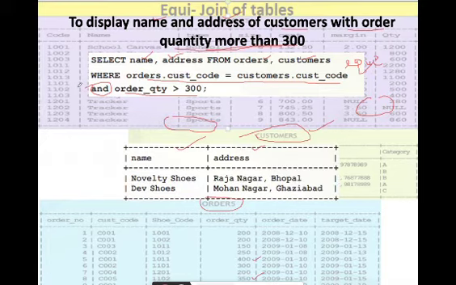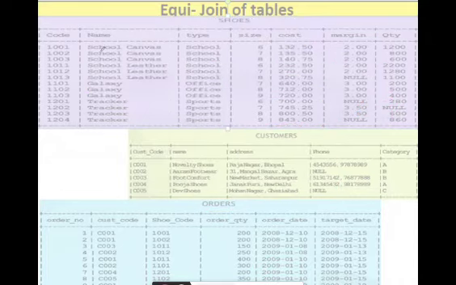Now this will be the output, that novelty shoes, and it will relate it to the table concerned and will generate the output like this. I hope it is clear, because the condition was on one table and equijoin has to be done. So to combine two conditions we used AND operator. Let's do another important example.